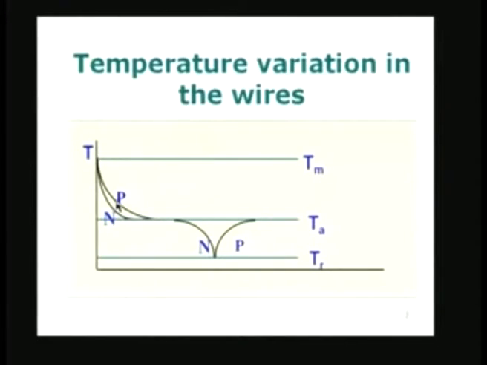This is so for both the positive wire as well as the negative wire. So, both of them have become more or less cooled to the temperature equal to Ta. Therefore, the region which is subject to temperature variations along the length of the wires is confined to a short region close to the junction, as you have seen here. This is the junction, and very close to that there is a variation in the temperature along the wires.